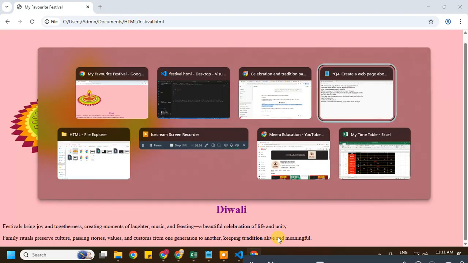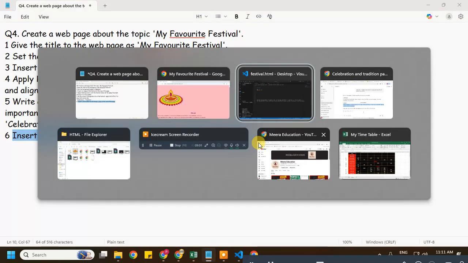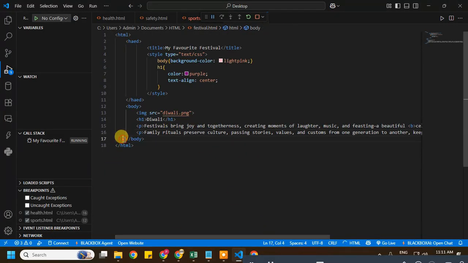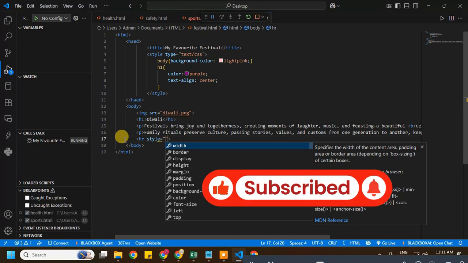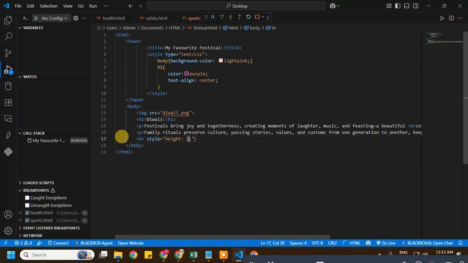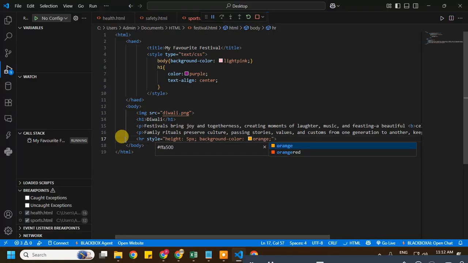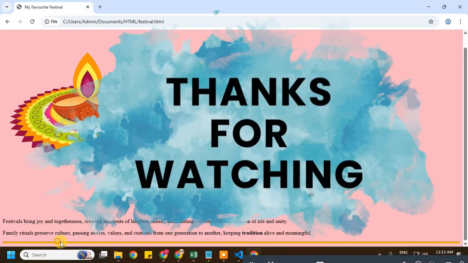Okay, now the next part is, insert a horizontal rule for orange color at the end of the page. So it's the last part of this image. Last part of this is, so we are going to use HR tag here, HR, and I'm going to use inline style in this style. Let me assign a height, like I want a 5 pixel of my HR, and the background color should be orange as given in a question. I saved this, back to browser and I refreshed. Now you can see the last line, HR line is coming here. Okay,